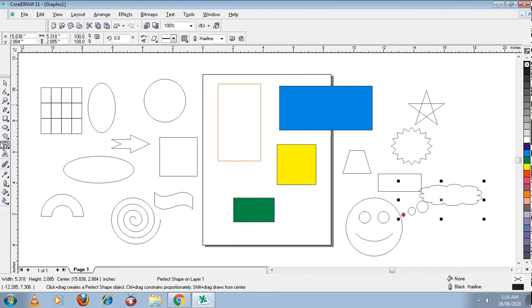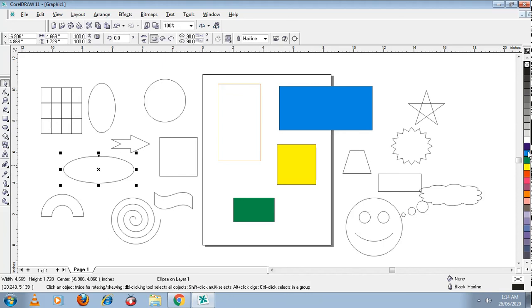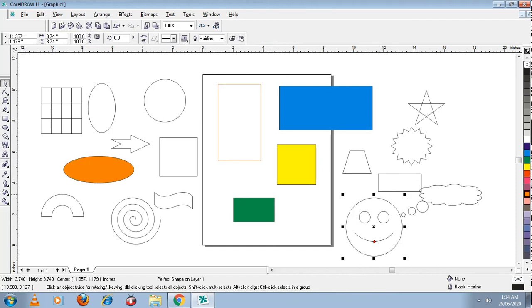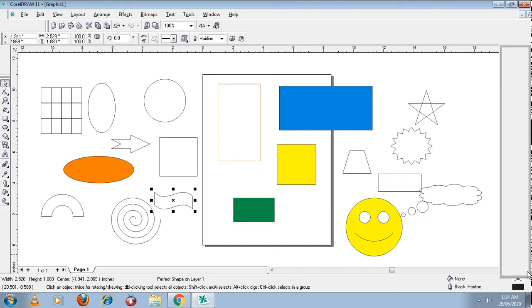Okay, how do I fill color in it? To fill color, press space bar. It takes me to the arrow tool. Select any one of the shapes, whichever you want to fill color. You may go for the color which you want. Okay, for this smiley shape I'm just giving yellow color. Let's try out the different shapes.